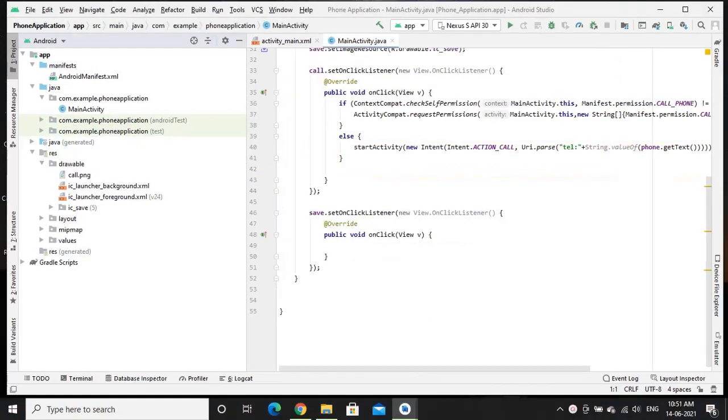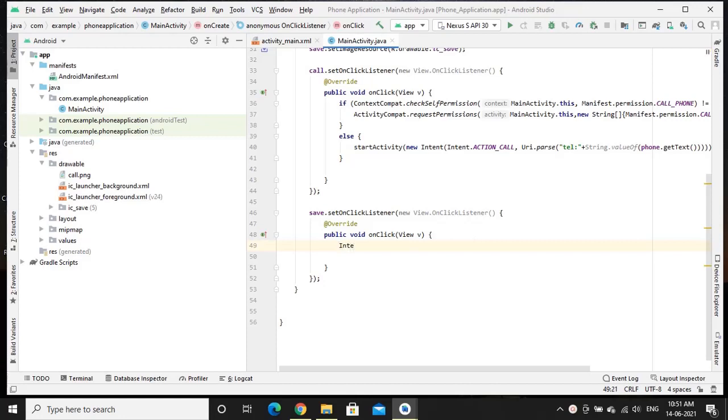Next we will see how exactly we can implement the contact saving activity. In order to implement this, we use the ACTION_INSERT activity, which is defined inside the Intent class. For that, first we create an intent which will be referring to the action insert intent.